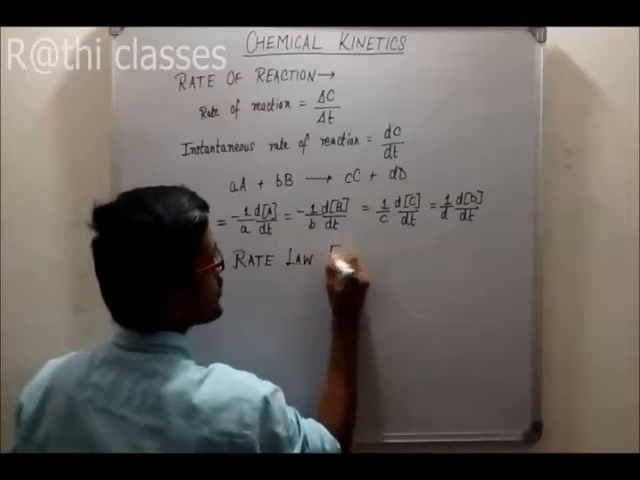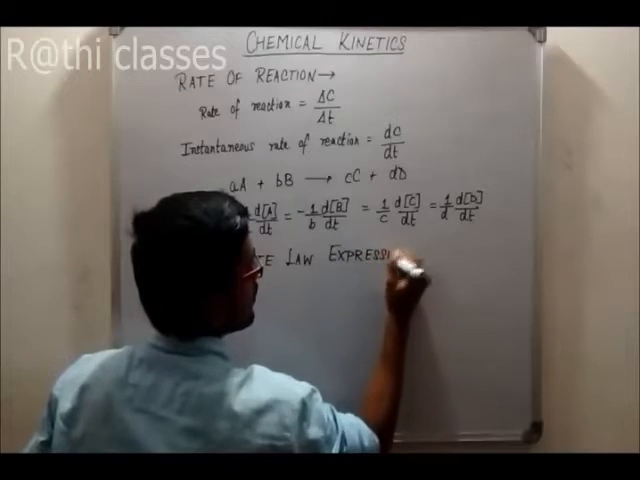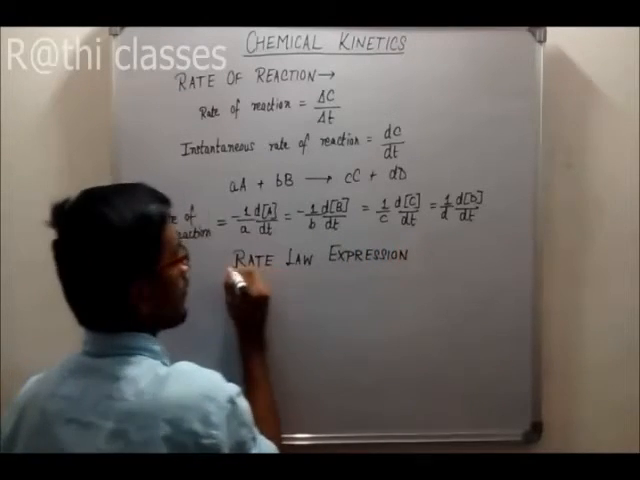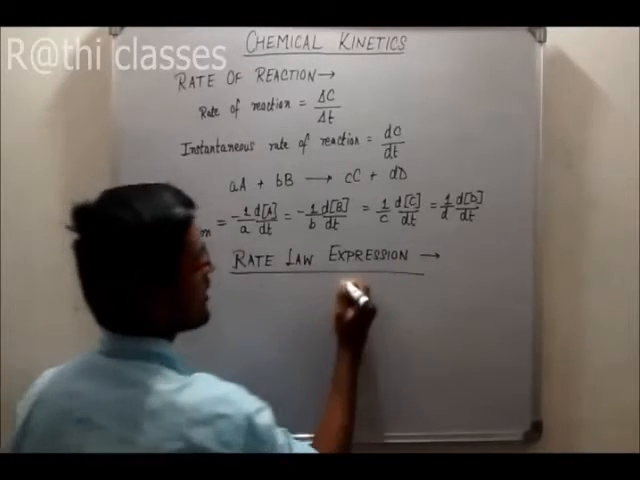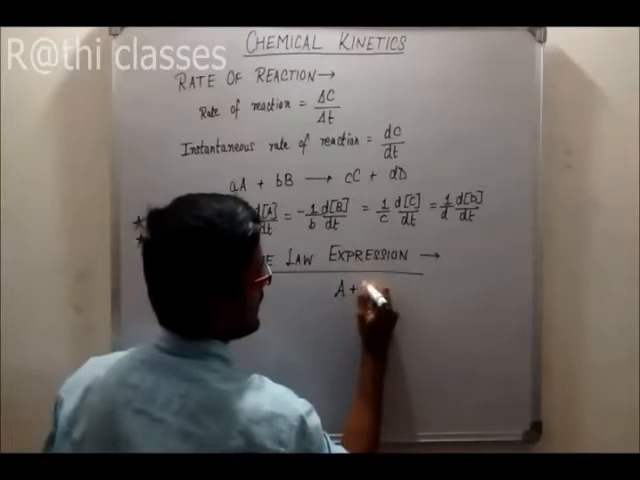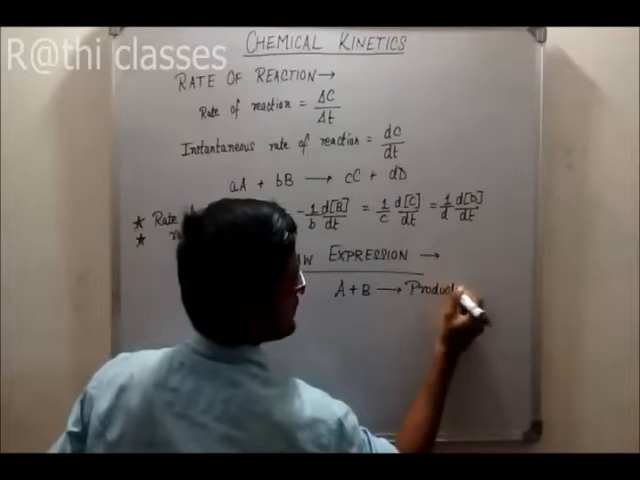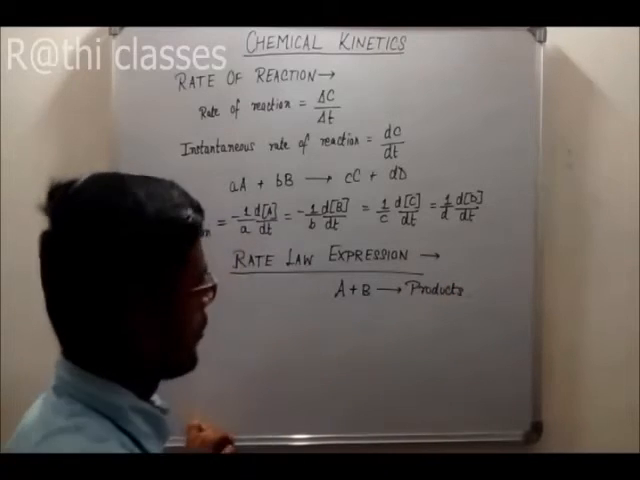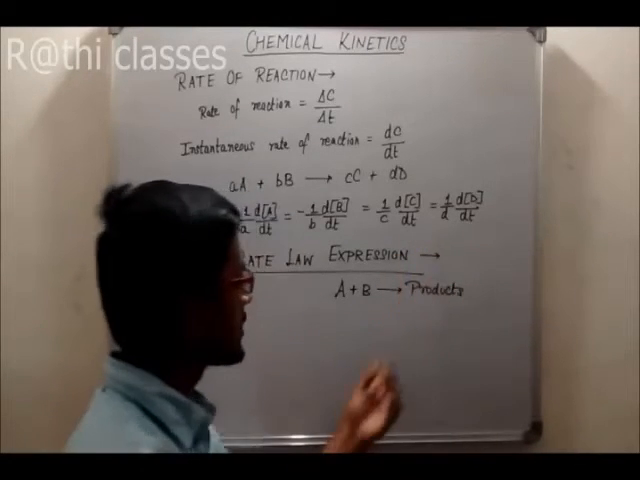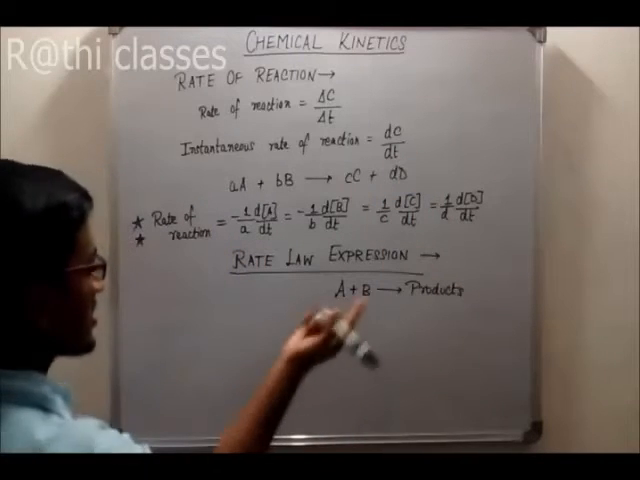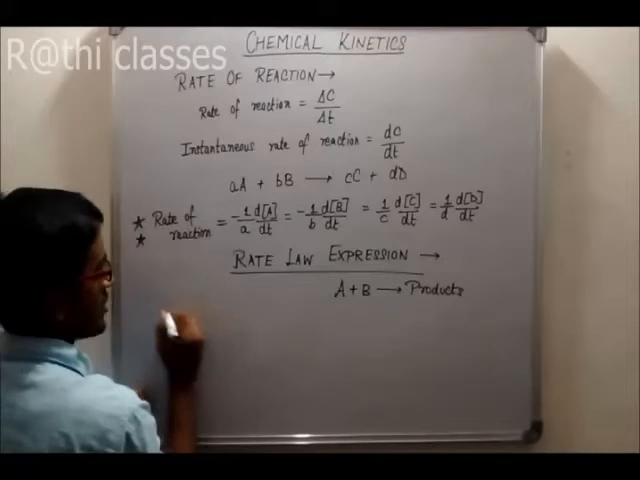Something called the rate law expression is an important tool to define the rate of reaction. Suppose this is a reaction where A plus B gives products, where products may be anything. A and B are the reactants. In this case, the rate of reaction is defined as